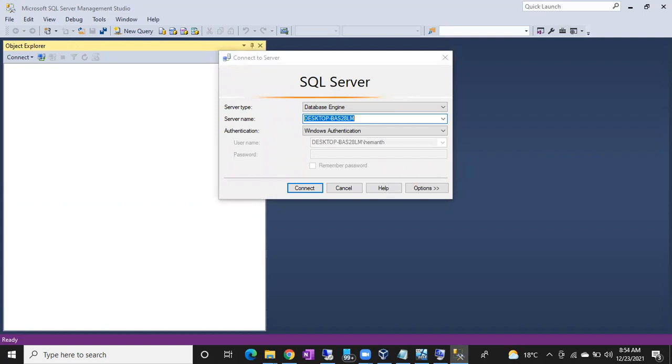If you want to install another version, you can go with named instances. That's why I told you, functionally, there is no difference between default and named. Only while connecting. Here you can see the computer name. This is my SQL Server 2017. Imagine I installed the default instance for 2017, and for 2019 also I installed the default instance. While connecting, I give the same name. To which instance will it connect, 2017 or 2019? A conflict will come. It won't connect. That's why I can install only one default instance for the whole Windows machine. Agree, everyone, on this point?